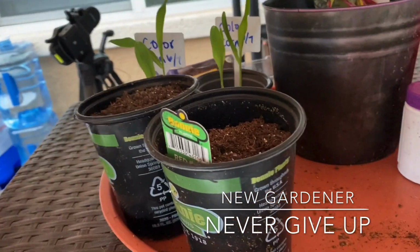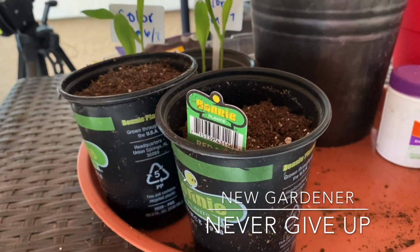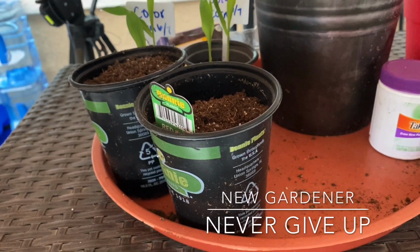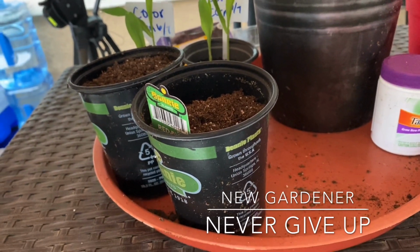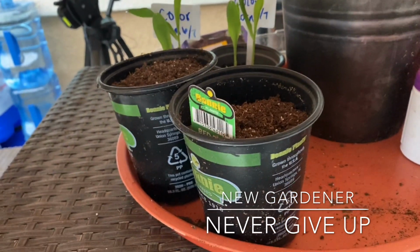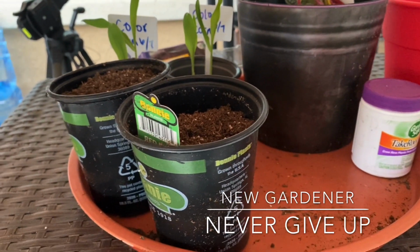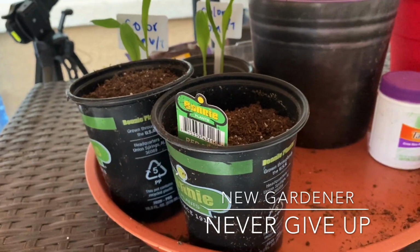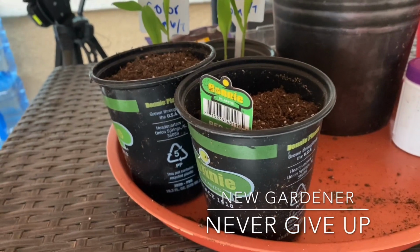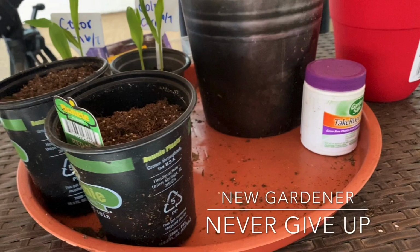So I planted some peppers because I bought peppers, some Bonnie plants from Walmart, and I put them out and they just did not do well, have not done well. So I'm trying again. I refuse to be defeated. So I am trying again to get the peppers that I want. I want red peppers. I'm talking about bell pepper, red, yellow, and green bell peppers in the garden. And I think I have some seeds for some